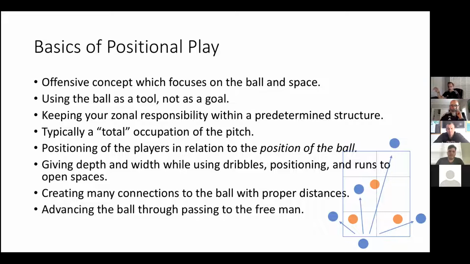You want to find somebody who is now open because of the fact that we're doing positional play. Maybe it's a number 10, open between the lines because we've positioned properly and we've threatened the right things. And we've stretched the opponent out where they can receive the ball, they can turn, and now they're the free man to attack. That's the ideal goal of positional play, is to create a free player.